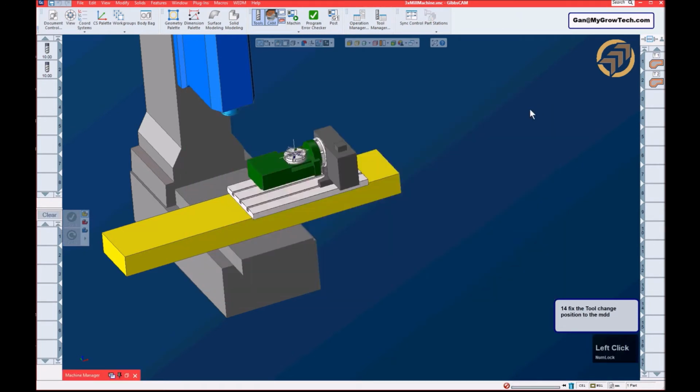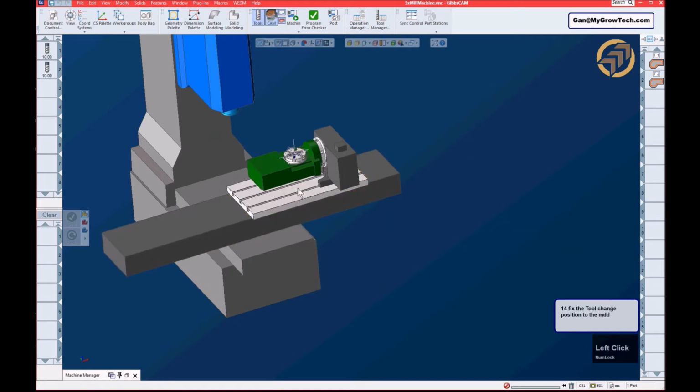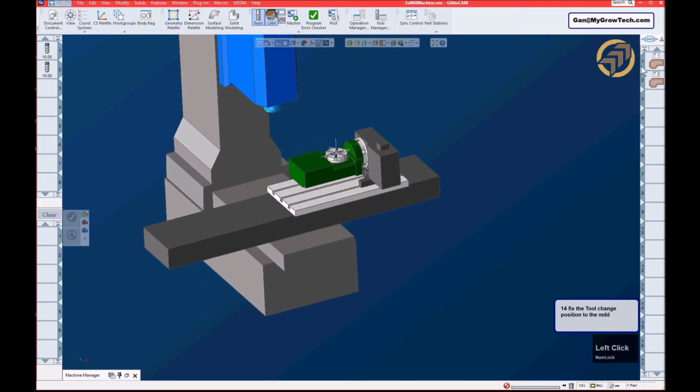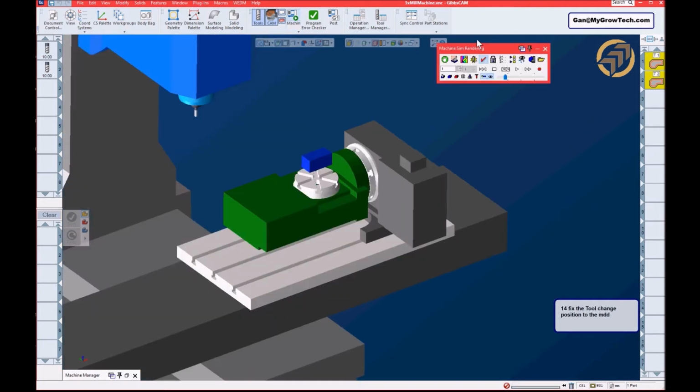And let's do simulation now. Select this one to see the new behavior. Right, rewind. You can see that now the machine actually starts at the change positions, the initial position of our machine model,